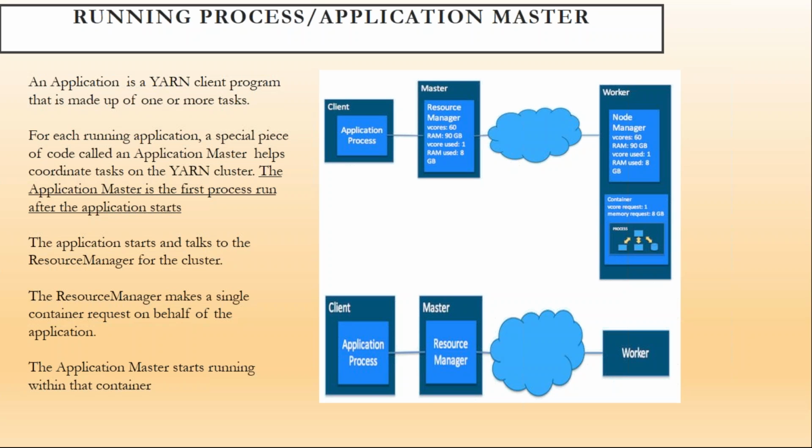Now go to your worker node. Your worker node has a node manager with virtual cores 60 and memory 90, and the virtual core uses 1 and RAM uses 8 GB. Within the worker node, you have a container request which is already running, with virtual core request as 1 and memory as 8 GB. Now in this diagram, what you understand is, your master and your worker node will be continuously coordinating